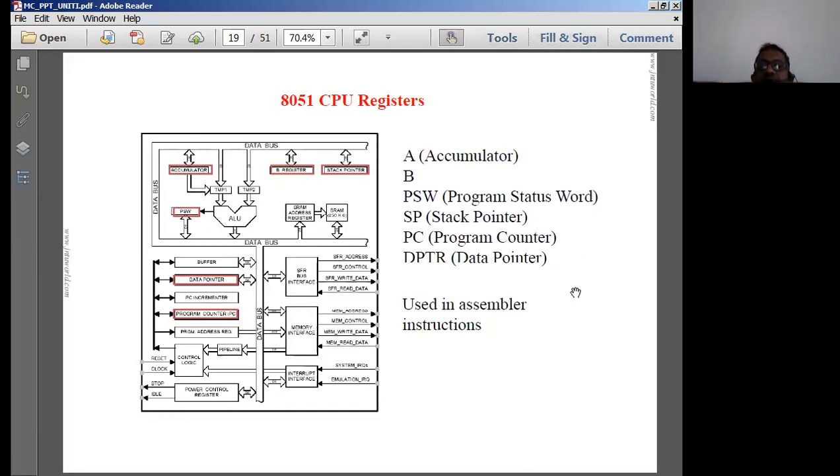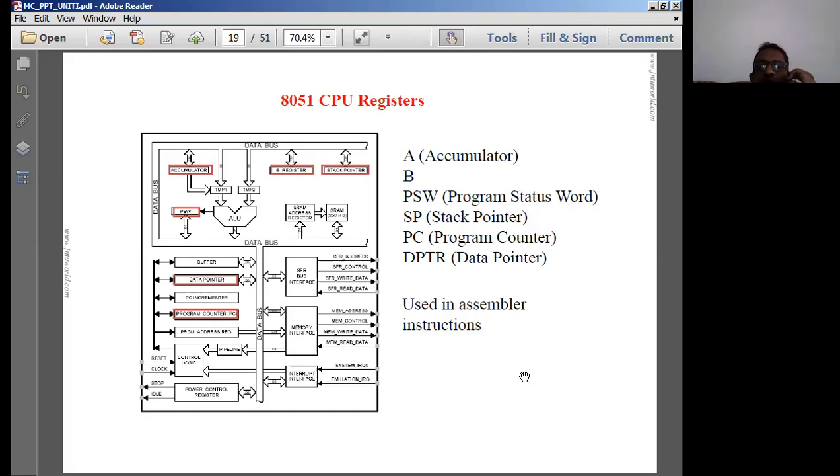So in this class, we'll try to cover about the 8051 pin diagram and some of the addressing modes of 8051. So in the first unit, we have the introduction to 8051. In the introduction to 8051, we have to end our session with the introduction to the pin diagram of 8051. Before that, we have covered some of the important registers which are there in 8051 in the last class.